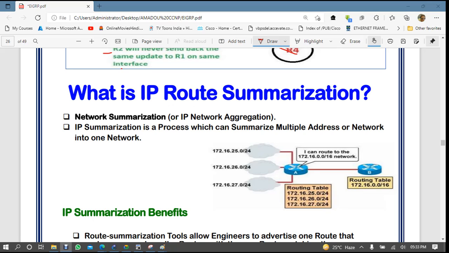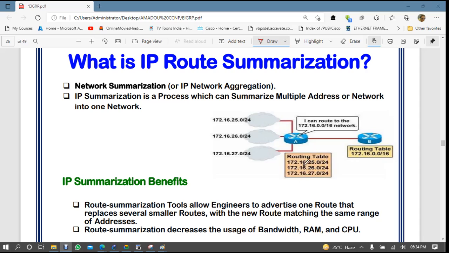Normally, this is your router, your edge router. The edge router is connected with multiple branches, multiple destinations, multiple places. So all this update is coming to your edge router.